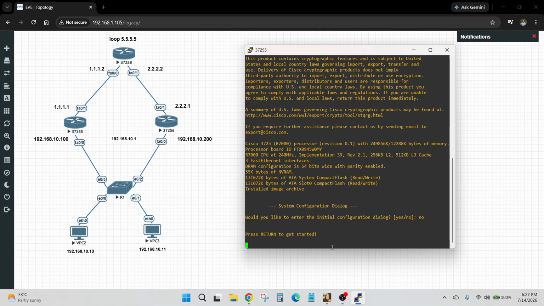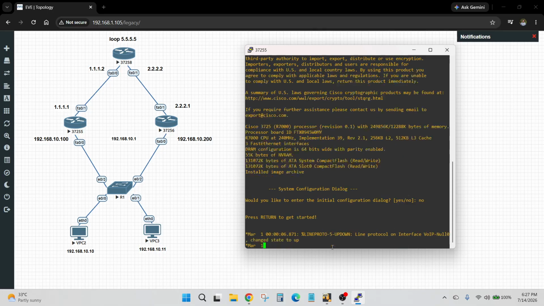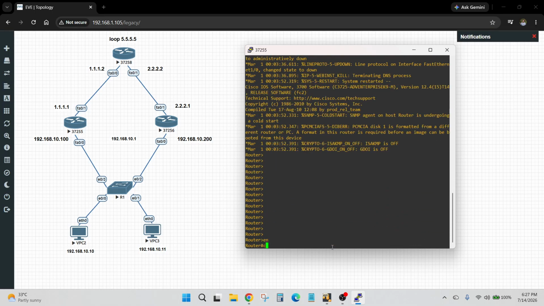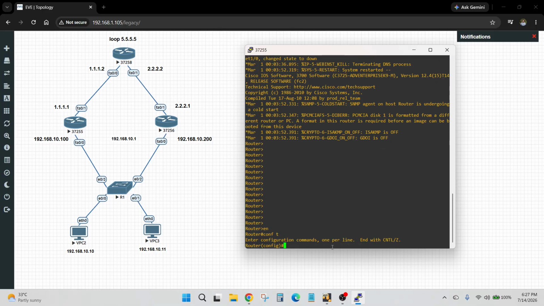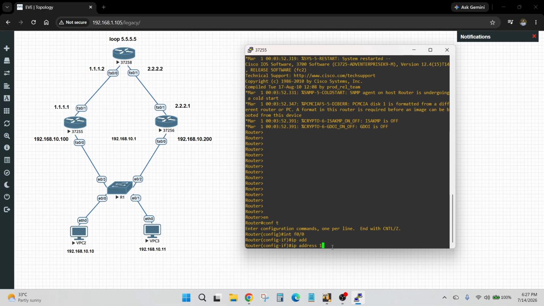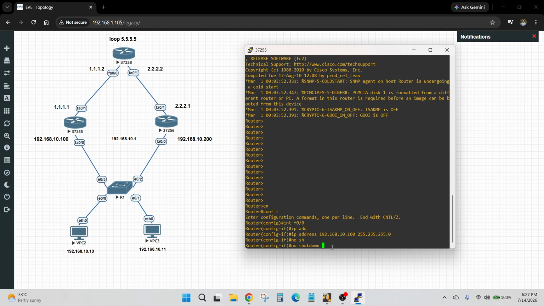Waiting some time. Now I configure the router. Enable, configure terminal, interface fast ethernet 0/0, our IP address 192.168.10.100 and subnet mask, then no shutdown.